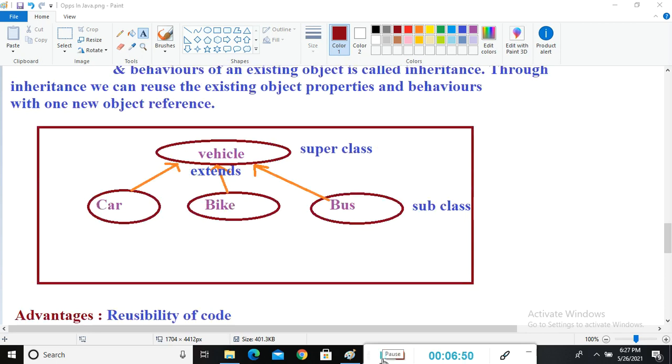So for example, we have a vehicle class, and a vehicle is a type of object, and we have different types of sub objects. This is the main object, vehicle, and a car is also a type of vehicle object. Bike is also, and bus. So when we implement inheritance, we have some keywords like superclass, subclass, base class, derived class. We use these types of keywords to identify